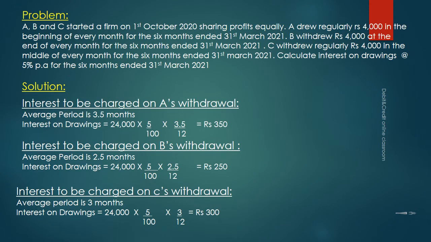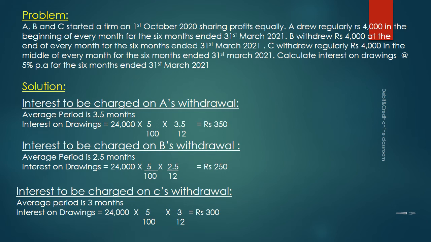Let us do a problem. A, B and C started a firm on 1st October 2020 sharing profits equally. A withdrew regularly rupees 4,000 in the beginning of every month for 6 months ended 31st March 2021. B withdrew rupees 4,000 at the end of every month for the 6 months ended 31st March 2021. C withdrew regularly 4,000 in the middle of every month